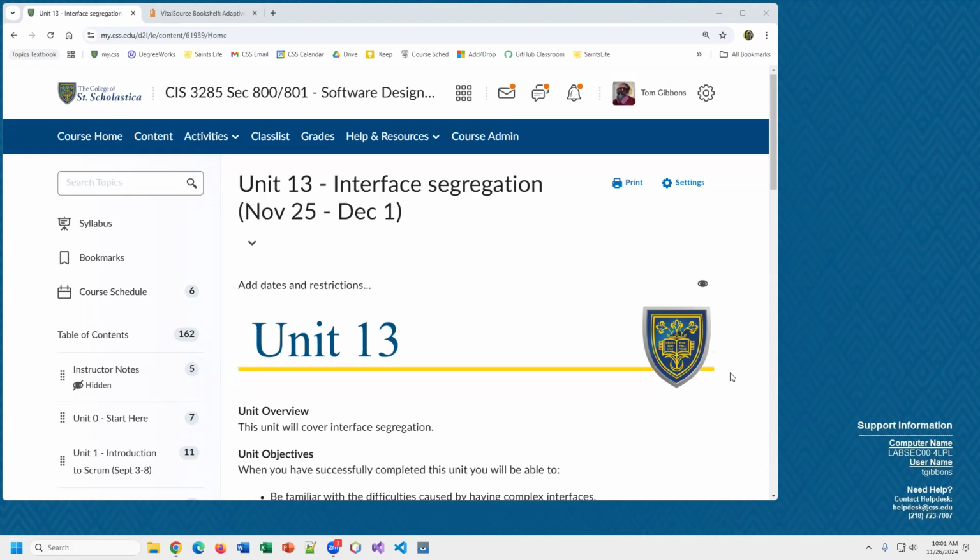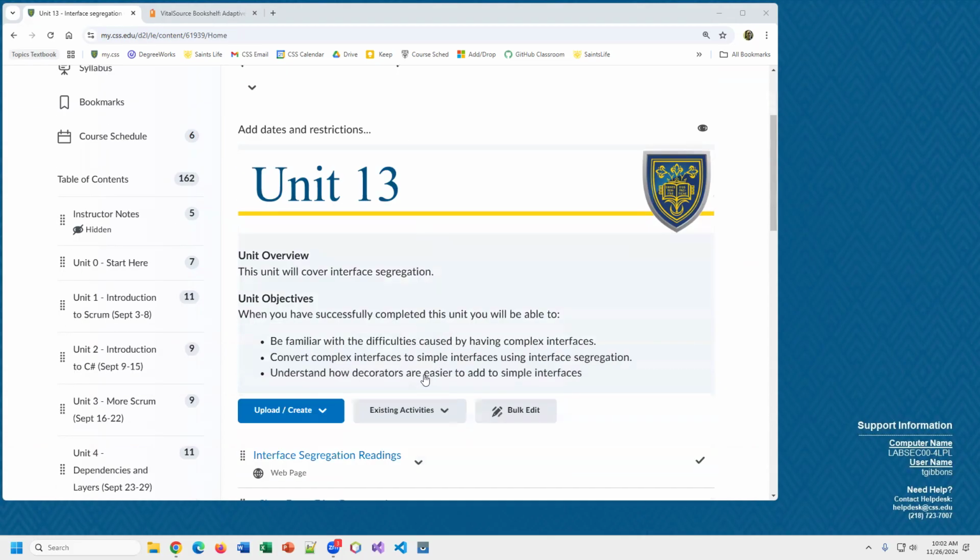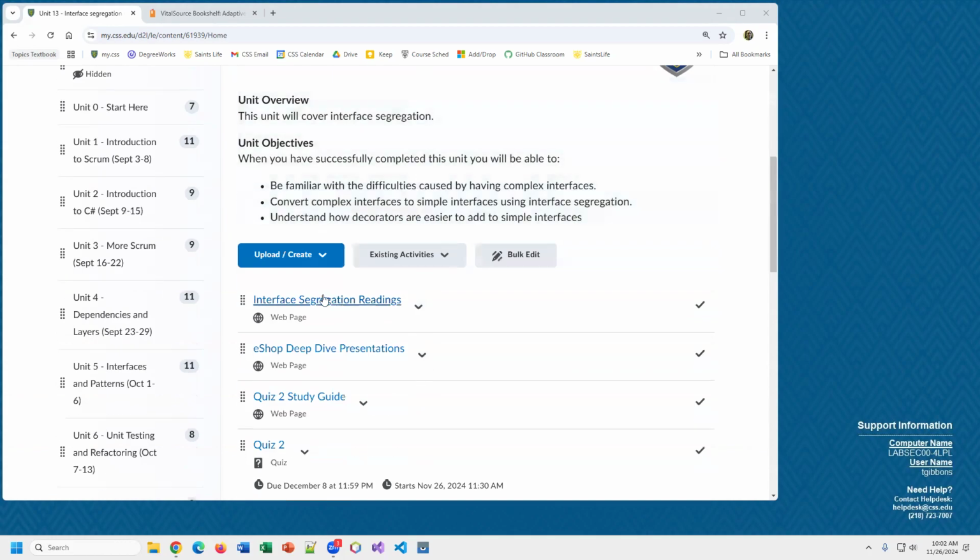We're gonna do unit 13 today. We're gonna do two things. I'm gonna just talk and go over the reading on the next principle, interface segregation, and talk about that. I want to make sure I go over it because you might need it for the quiz. Hopefully you've been working on it; we've been looking at this eShop